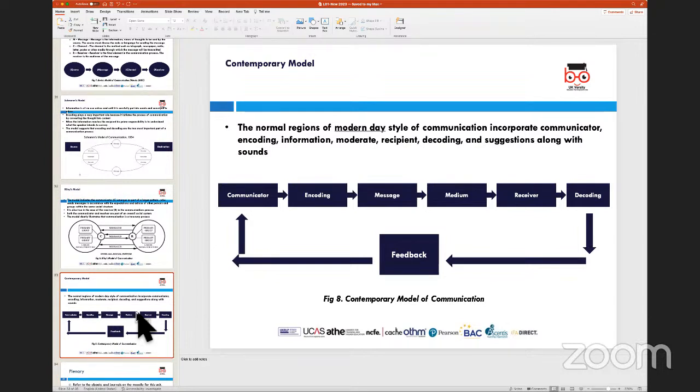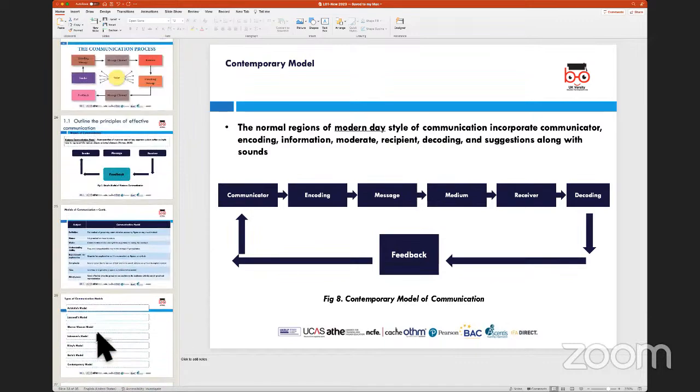This is the normal model wherein we see communication being a two-way process. There are a number of people participating in this process, and they participate in feedback in order for the main presenter or the communicator to understand that the message is being understood. And that is what tends to work when we look at most situations in terms of organizations, when we work in, or in places of work, we would normally see the contemporary model of communication being used.